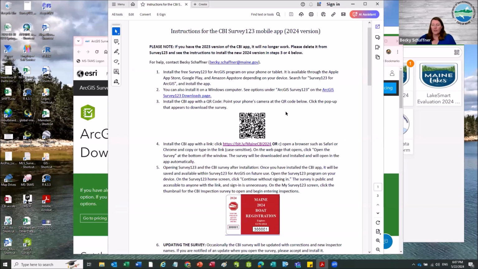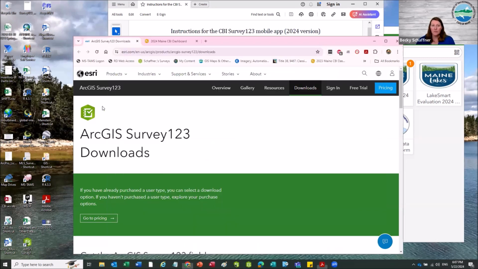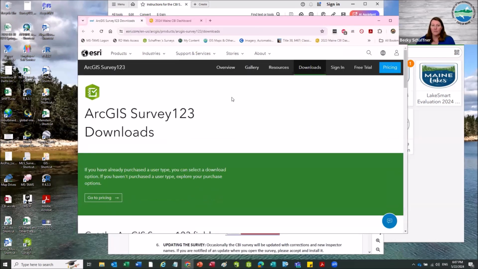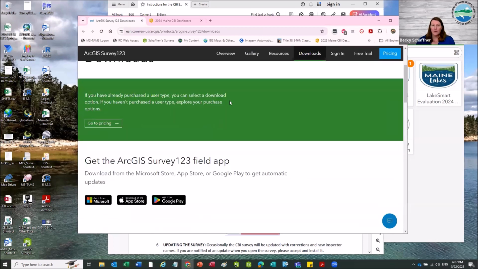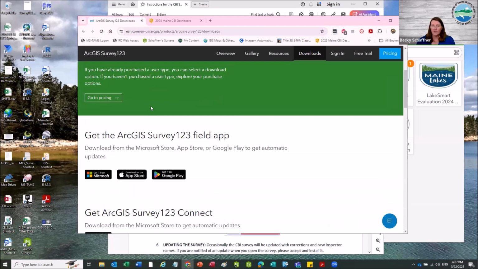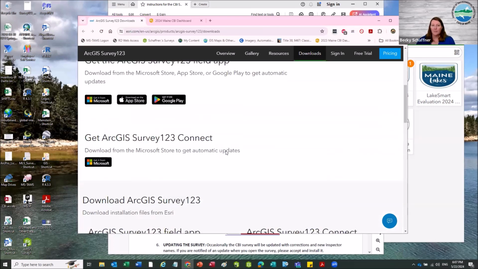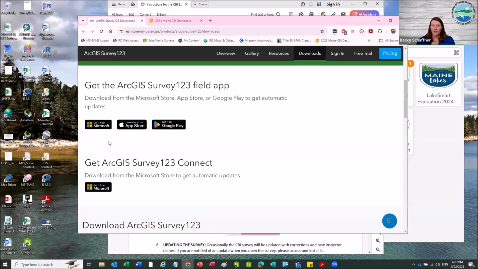You don't have to put it on a mobile device. You can put it on a computer. For Windows computers, there's a link here in the instructions, which takes you to this page that says ArcGIS Survey 123 downloads. Now, ignore anything up here. It says something about pricing. There's no price involved. You don't have to buy anything. So you can download for your Windows computer. You can click on Get It from Microsoft, and you'll download a .exe file,